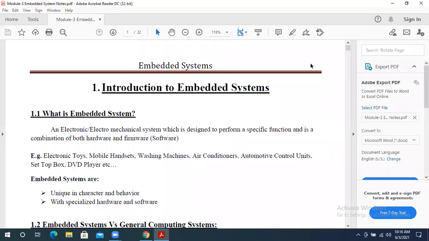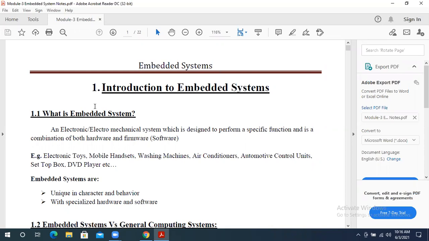In the third module, first we discuss the basics of the embedded system. If you want to start any topic, always start from the scratch. Scratch means what the thing is and how to define it. Next, if you want to compare, you compare with the other. That is called a comparison of our embedded system with the normal computer. But before going to the next topic, first we'll discuss its definition here.